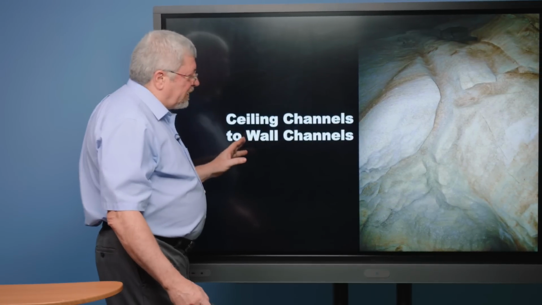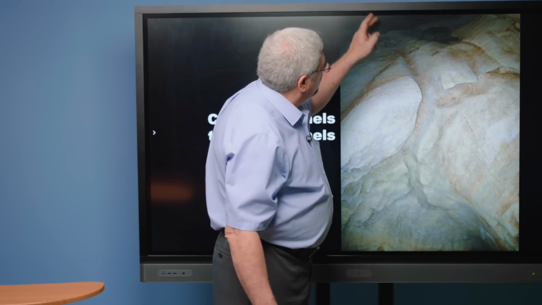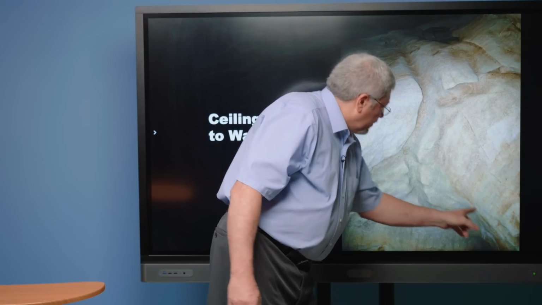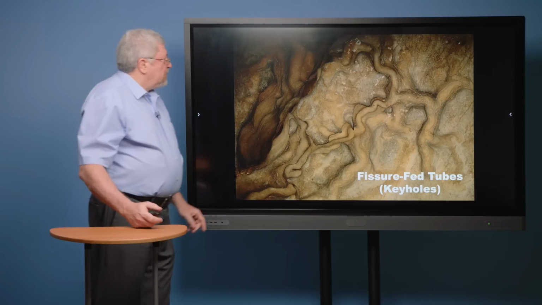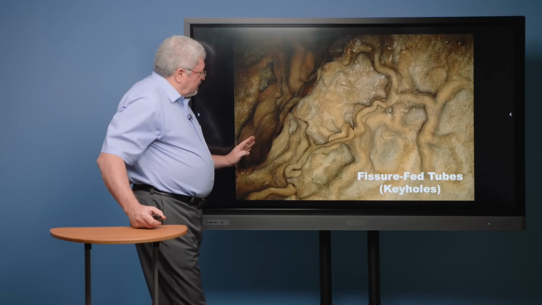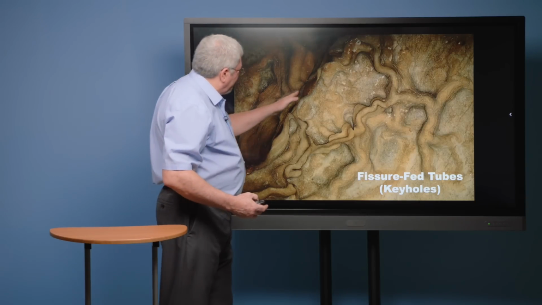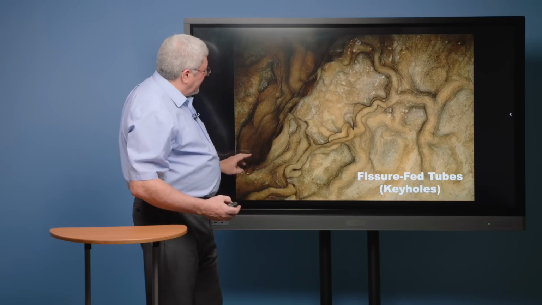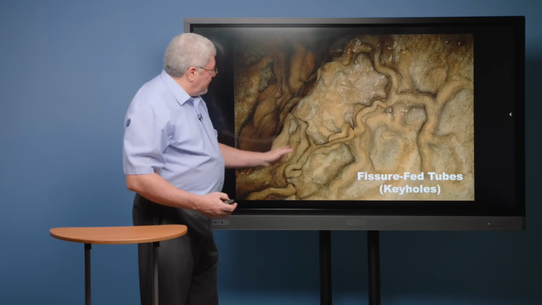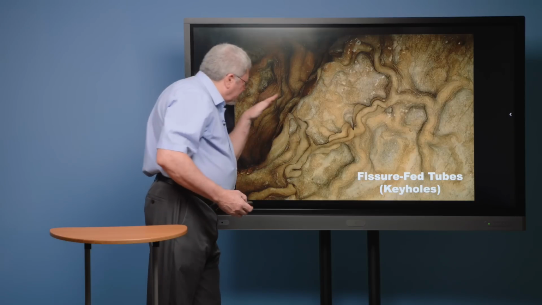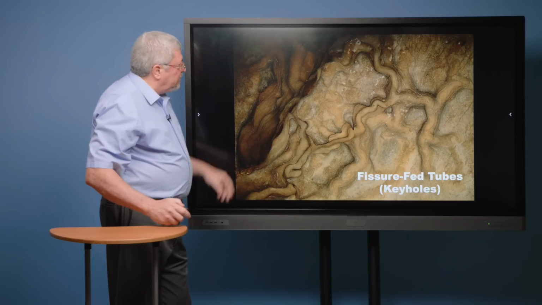So the channels here are going from the wall up into the ceiling again. So this is another example. Another thing you find there is very often where you have cracks in the rock, the channels will go to those cracks, and obviously the channels are then going into the cracks and then rising to the unit that's above it.